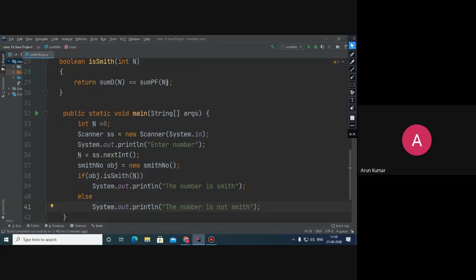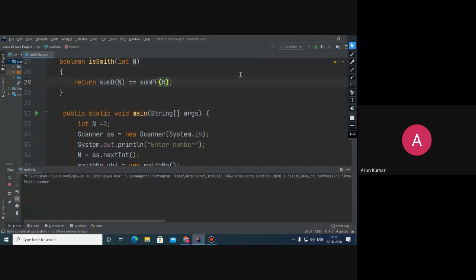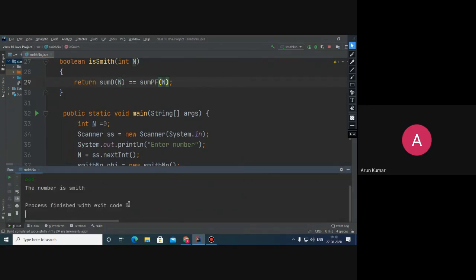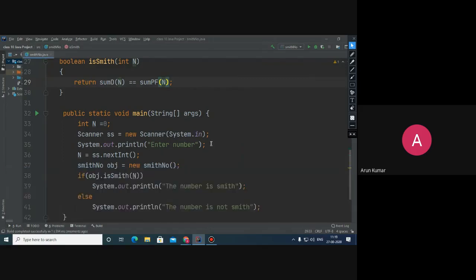So this is how we can check. You just pass one number which is 666 and you see that the number is Smith. So such numbers are Smith. Any problem?